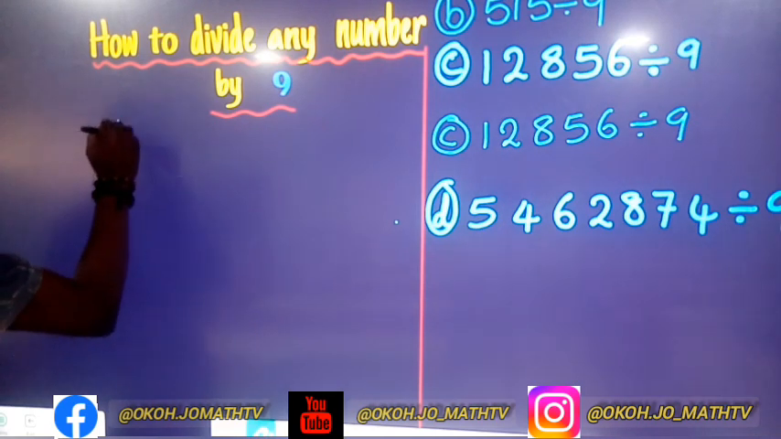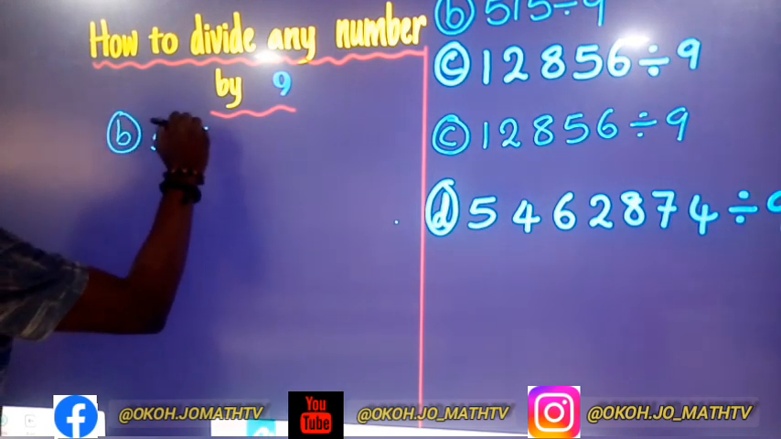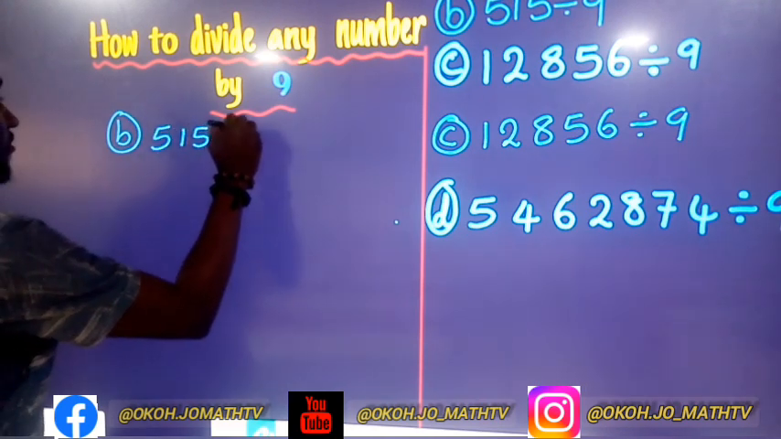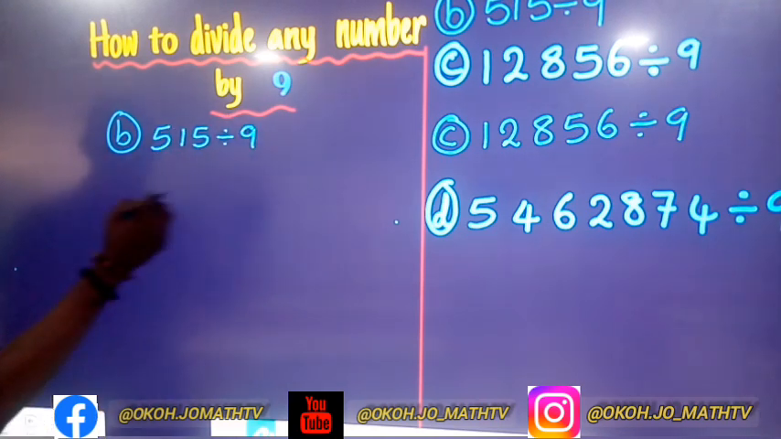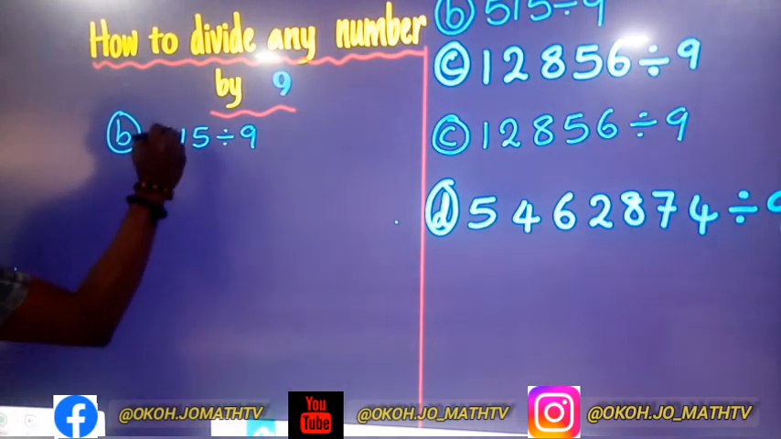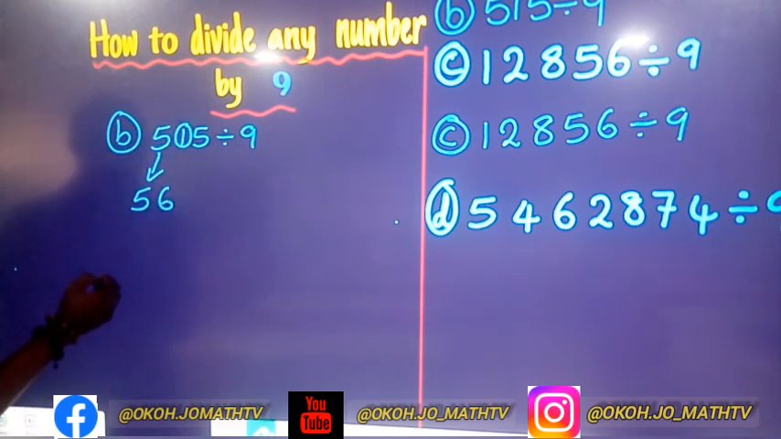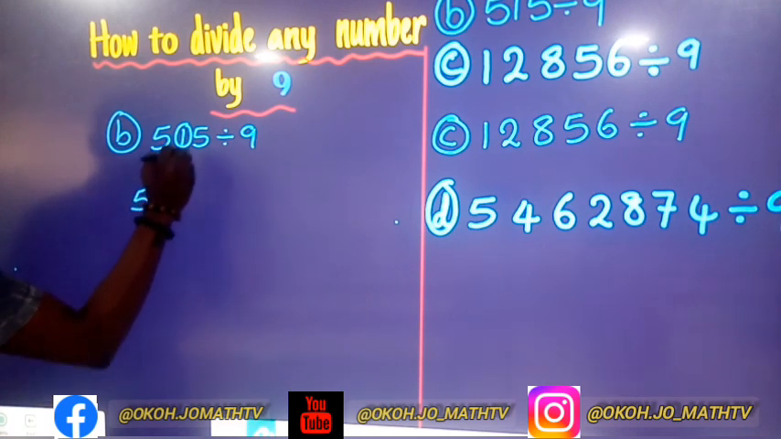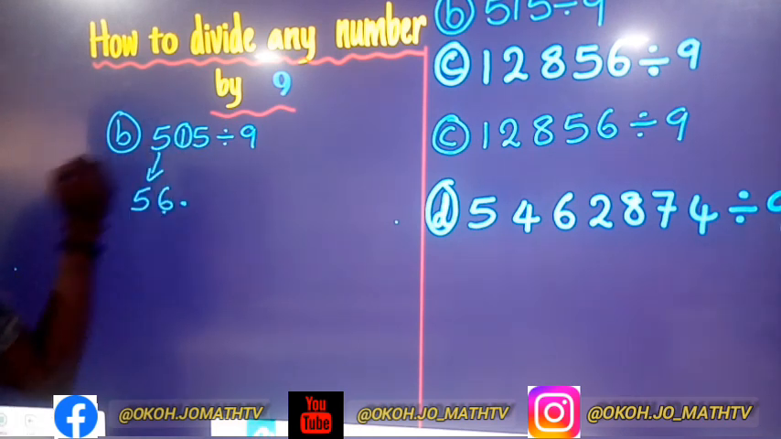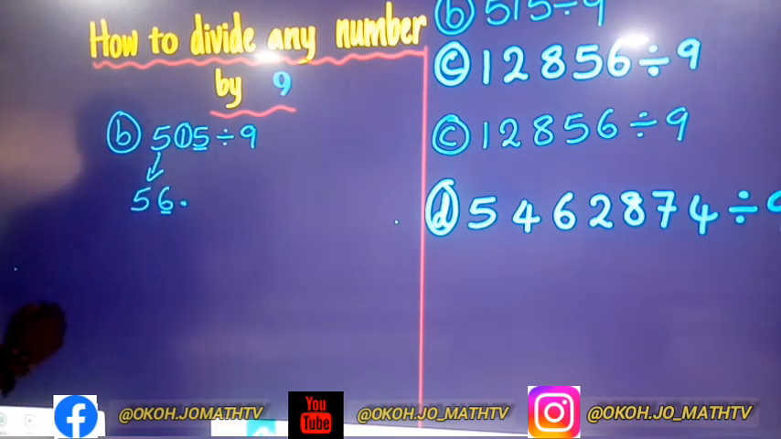The second question, which is B, is 515 divided by 9. In the same vein, start with this 5. So bring down this 5. Is that clear? So 5 plus 1 is 6. Then remember your decimal point. Because this 6 is the last digit, that's why you put the decimal point. This 6 plus this 5 is